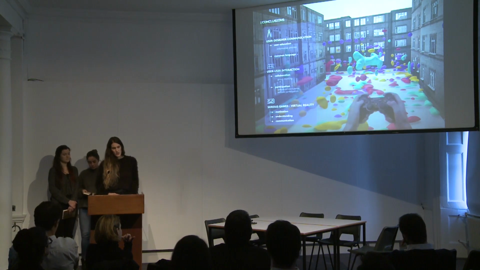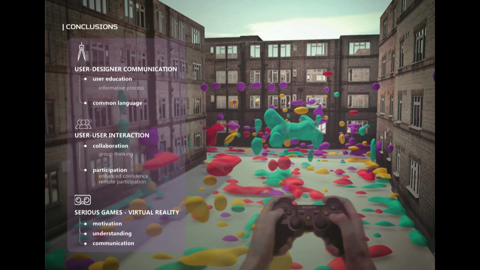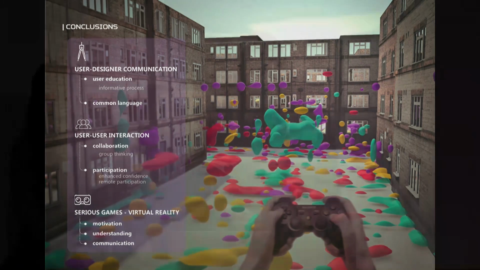So, seeing back now, we come to the conclusion that using virtual reality in participatory design specifically, there is the possibility to create this middle ground between the designers and the users, because they both come from a different point of view regarding space. The designers have this expert opinion and they use this abstracted way of designing, whereas the users have the personal experience with the space that is coming from many years of living there. So we believe that through virtual reality, there is a way of bridging their gaps in their perceptual and conceptual thresholds by creating this dynamic ground where they're able to exchange ideas and reach a common solution.